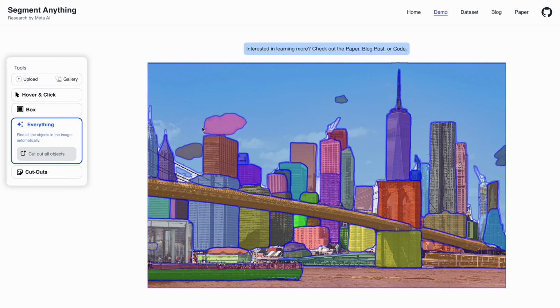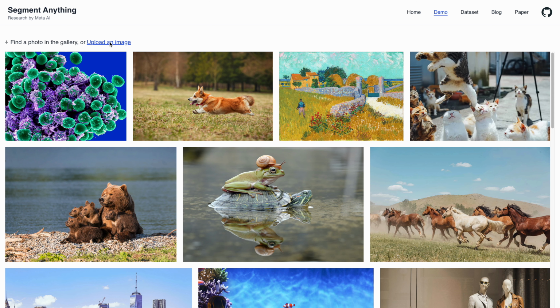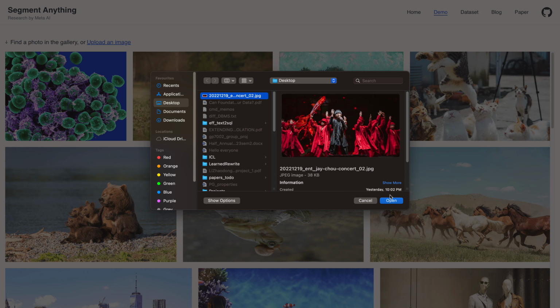And this is actually an in-distribution image, like an image of their own. Actually, we can upload our own images. So for example, here is a